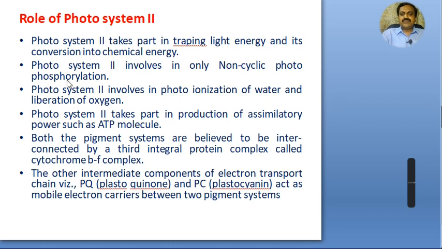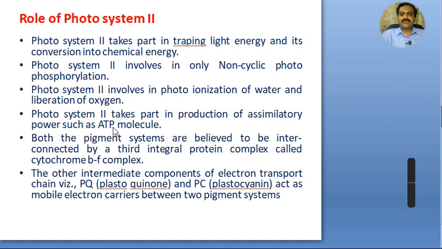This photosystem too takes part in attracting light energy and converting it into chemical energy. It is involved only in non-cyclic photophosphorylation, whereas photosystem 1 is involved in both cyclic and non-cyclic. Photosystem 2 is involved in photoionization of water and liberation of oxygen,